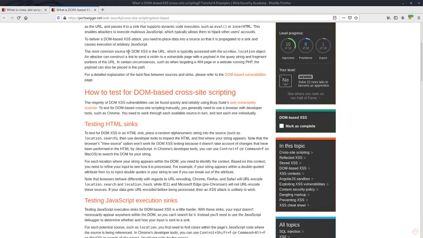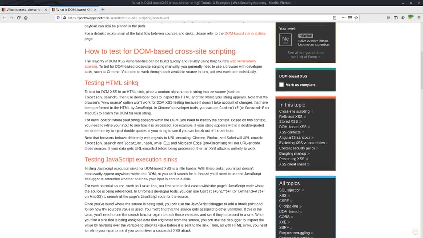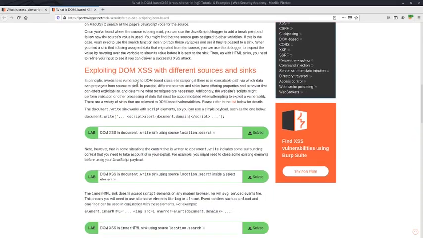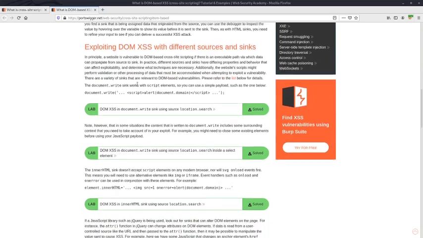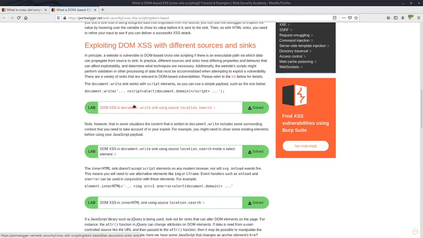The most common source for DOM XSS is the URL, which is typically accessed with the window.location object, and an attacker can construct a link to send victims to the vulnerable page with a payload in the query string and fragment portions of the URL. Blah blah blah. So we'll cover, just a heads up,